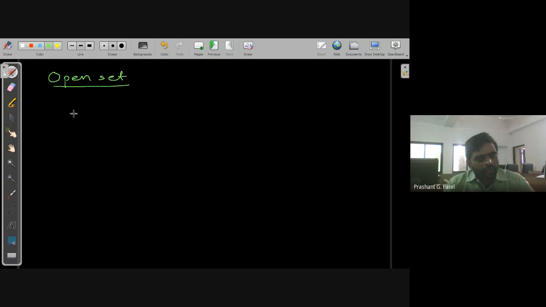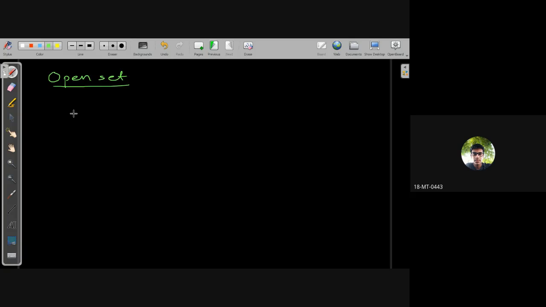When you are sitting in a room, let's talk about what should be the idea to define an open set. Suppose you are sitting in an open room, what should be your idea to define open set? Or in general, physically you can say that you are sitting in an open room when it has no boundaries.